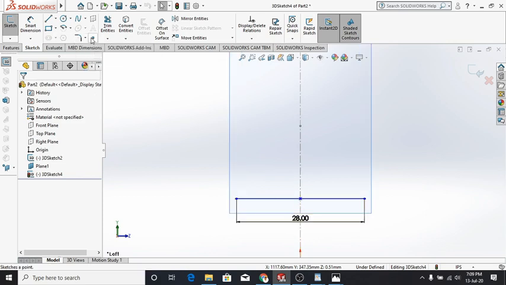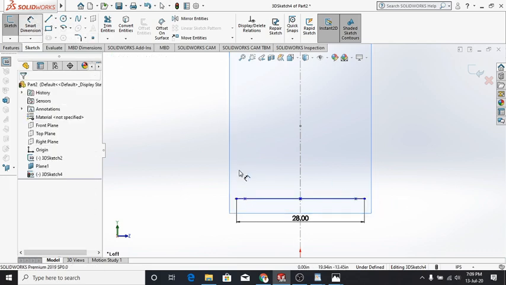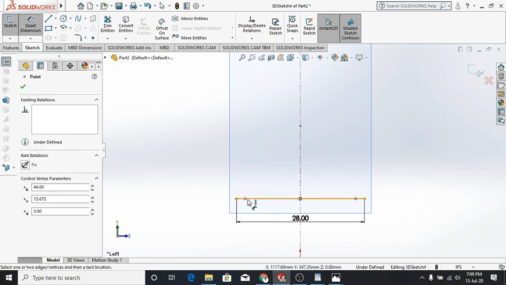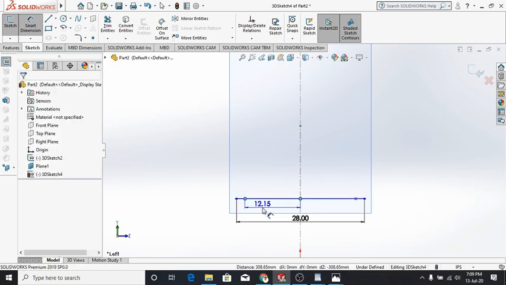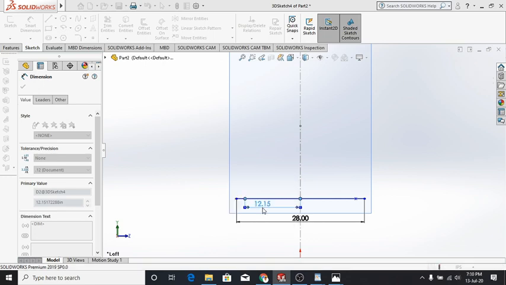So now let me take a point and put it here and here randomly, and select a smart dimension from this point to this point and choose it as 25 by 2, 12.5.